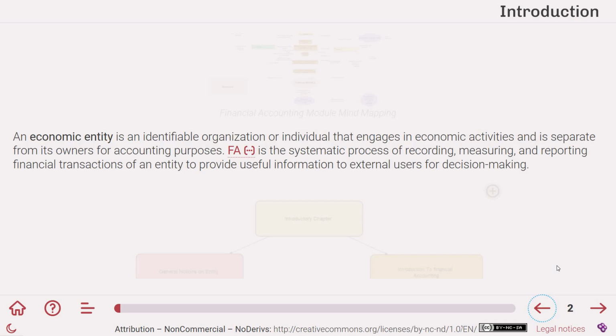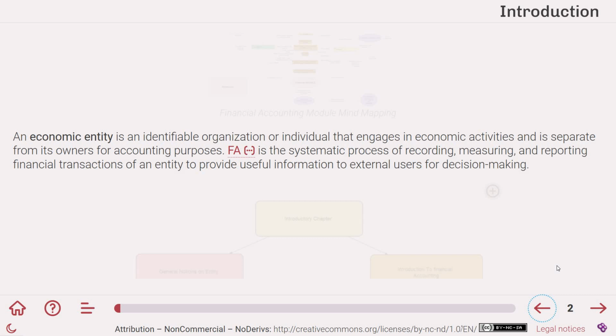About the concept of economic entity, you can define it as an identifiable organization or individual engaged in economic activities and it's separate from its owners for accounting purposes. So financial accounting is the systematic process of recording, measuring, and reporting financial transactions of an entity to provide useful information to external users for decision making. So here we can distinguish between the definition of economic entity and financial accounting. Financial accounting is the system or the process of recording, measuring, and reporting, while the economic entity is the organization